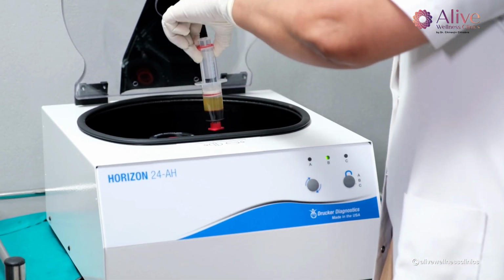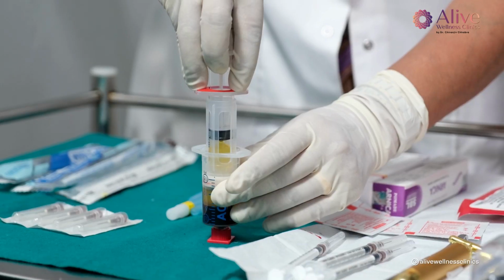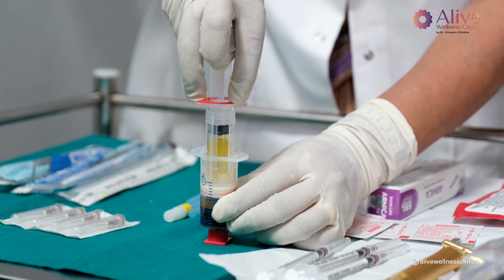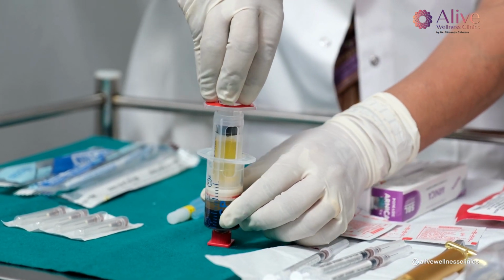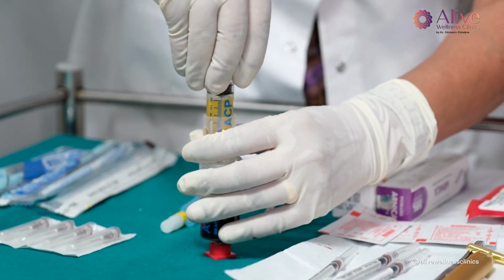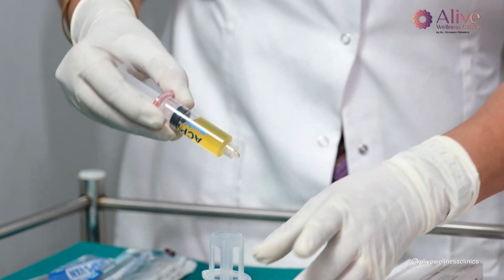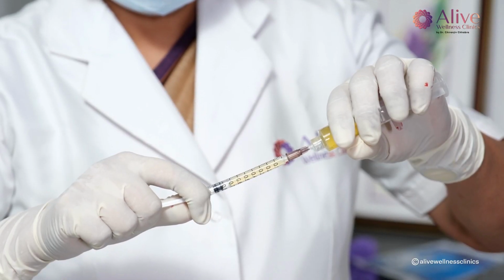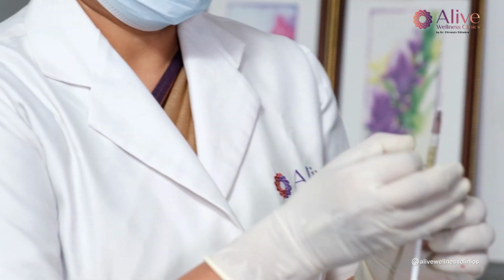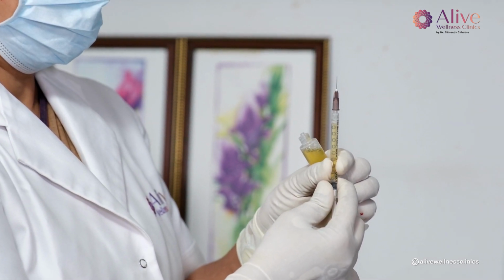Now very gently we remove the tube out, and without shaking it, we will withdraw the fluid into the inner syringe, and then the inner syringe is detached by rotating it. Now I have my fluid which is about 6 to 7 cc, and I will take tuberculin syringes and fill all of them, and then use a very thin needle like a 30 gauge needle to inject it into the